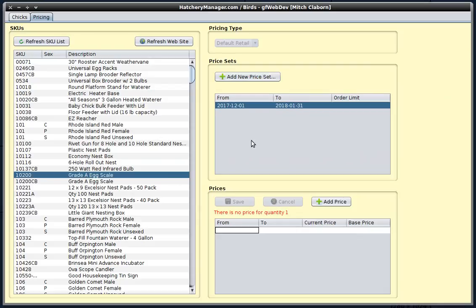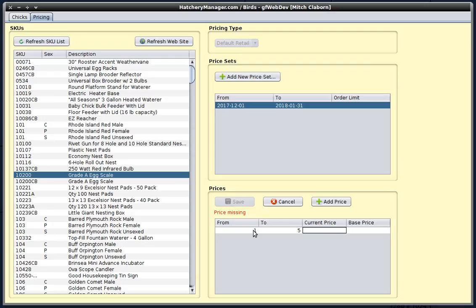And when you click that button, a number of things have happened. The price set has been defined and it's listed here, and it's come down to this bottom table, which is the actual individual prices, and it's started for you a new entry, since you need to add at least one price into a price set for it to be valid. So this works on a quantity range, and so the from value is required. So from 1, the to value is optional. If you don't fill in a to value, then this price will be effective for any quantity that's ordered. We're going to go ahead and put an upper limit of 5, and then I'm going to hit tab,